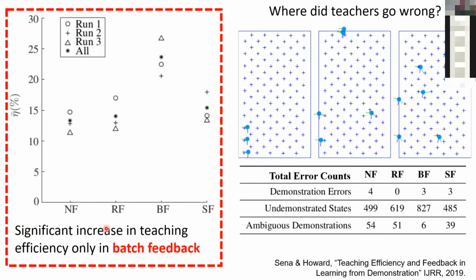That's to be expected in replay feedback, because if you're just replaying the last demonstration, you're not really seeing anything about generalization. But weirdly, in the self-selected feedback, they also didn't do very well. And that really shows that people are pretty terrible at choosing to get good feedback about generalization if they're novice teachers. Now the batch feedback case, this was the only case where we had a statistically significant improvement in